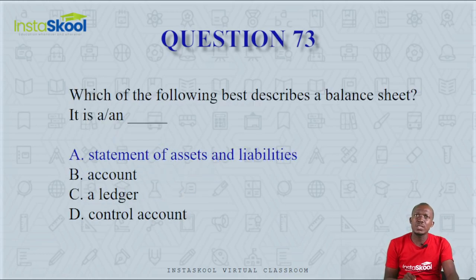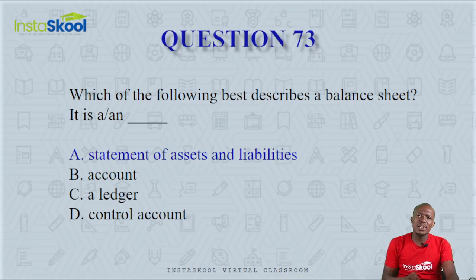Question number 73. Which of the following best describes a balance sheet? Is it a statement of assets and liabilities, or is it an account, or is it a ledger, or a control account? A control account is a memorandum account that is used to check the accuracy of the ledger. A ledger is an account that you transfer your information from the subsidiary book. It is an account of holding, while a